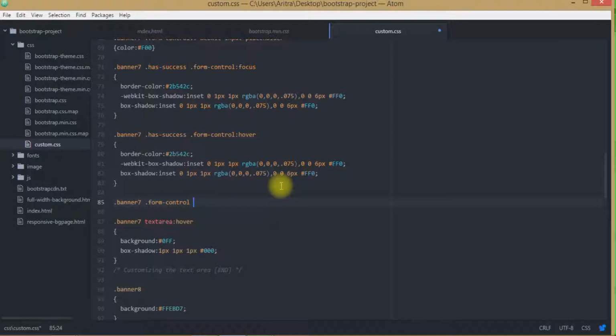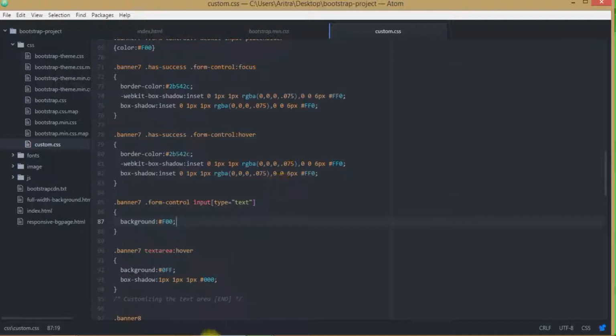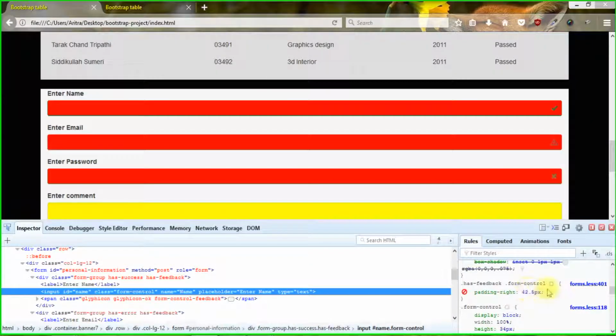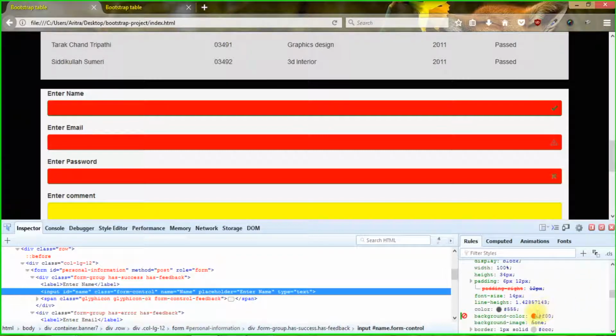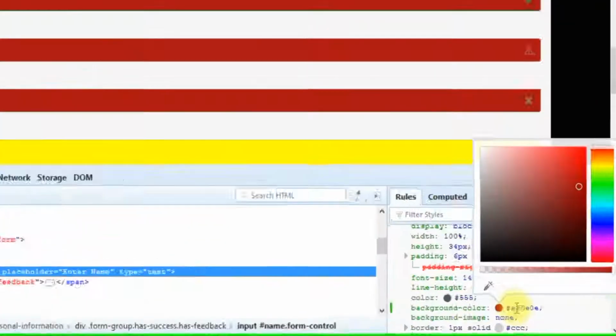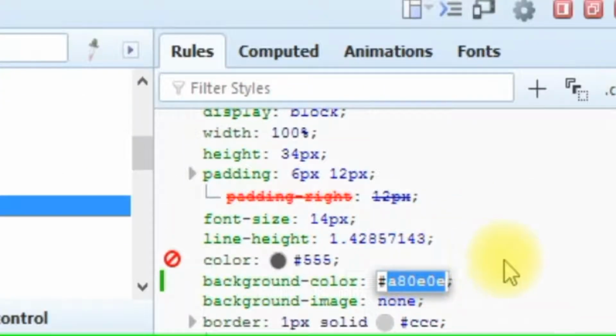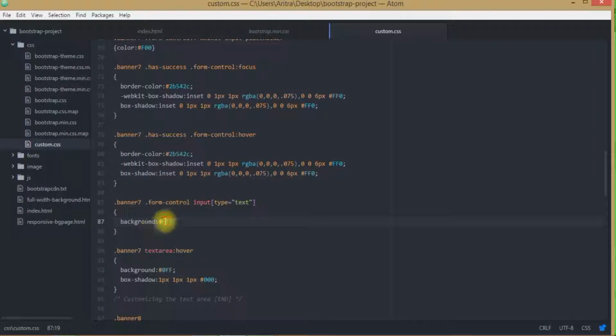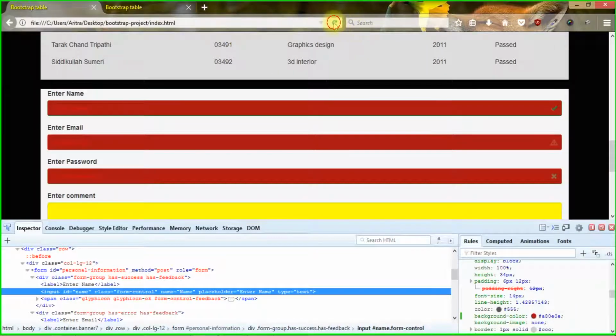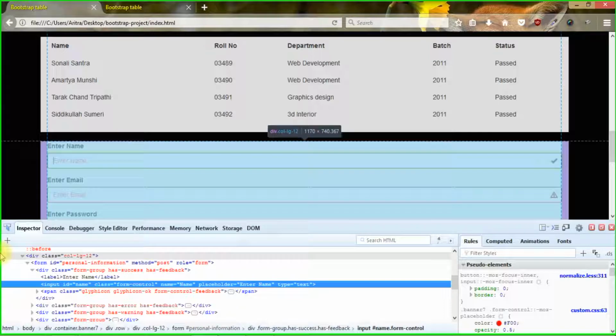Here we are mentioning input. If we just change the background for say this one, or you may choose this color code that you have recently made over here, if you want to choose this color code, get back here and paste it over here. Now get back to your project, reload, and we are undone.